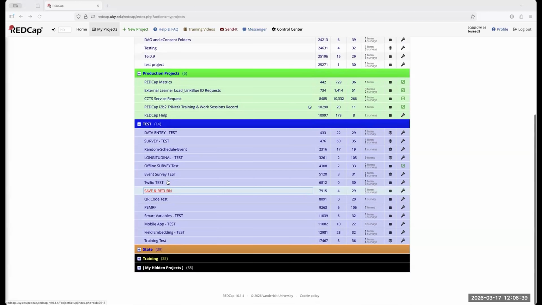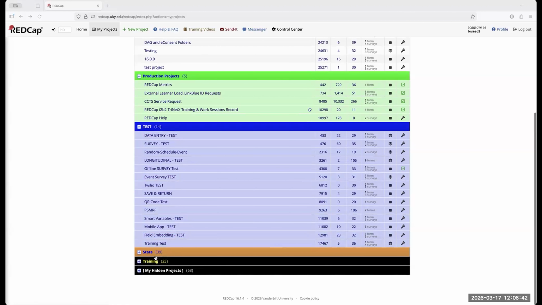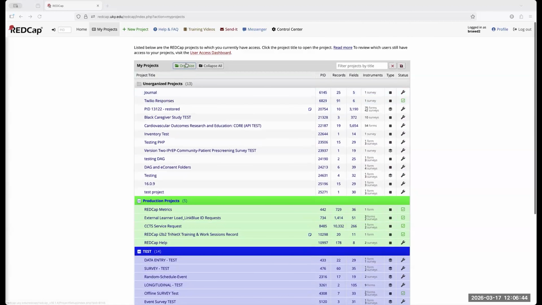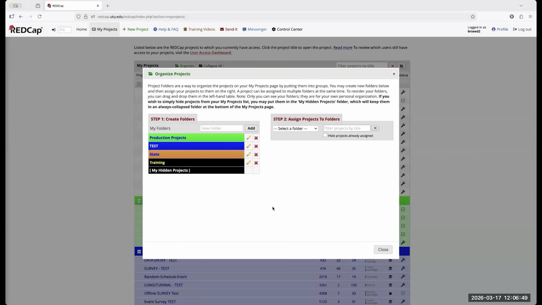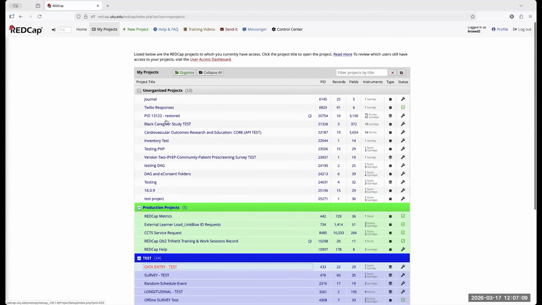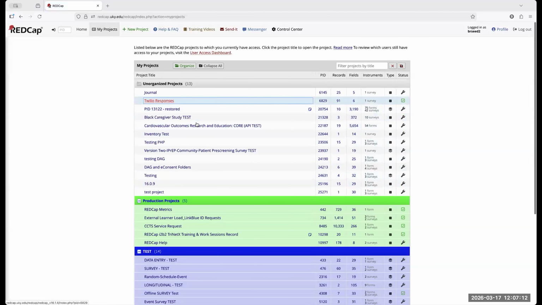Again, you can organize these projects any way you want. You notice I have different colors here and things like that. That is here under the organize section. You can add these colors, rearrange them how you need them. It's basically just a visual aid. If you need to separate them by certain sections, things like projects, grants, whatever, you can. If you don't want to, they'll just simply be like this section here. These are the ones that I've not organized.